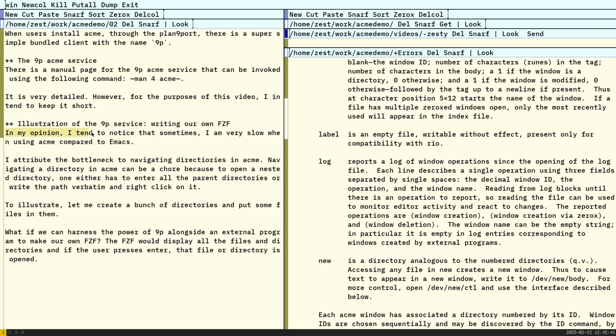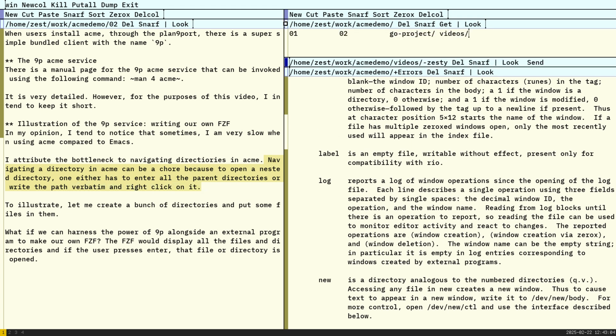In my opinion, I tend to notice that sometimes I'm very slow when using Acme compared to Emacs. I attribute the bottleneck to navigating directories in Acme. Navigating a directory in Acme can be a chore because to open a nested directory, one either has to enter all the parent directories or write the path verbatim and right click on it. So to illustrate,